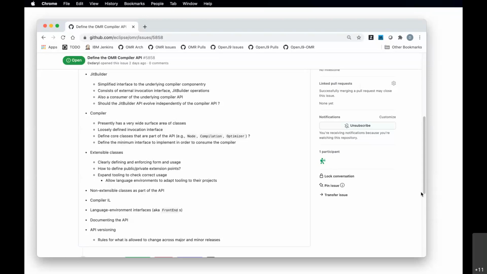I agree with it, but it sounds to me like kind of mechanics. That's what you would use to help enforce the API that you're trying to define, right? Yes.